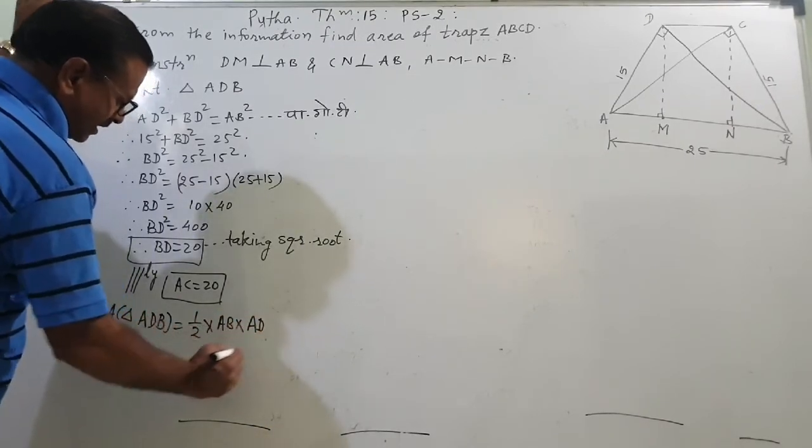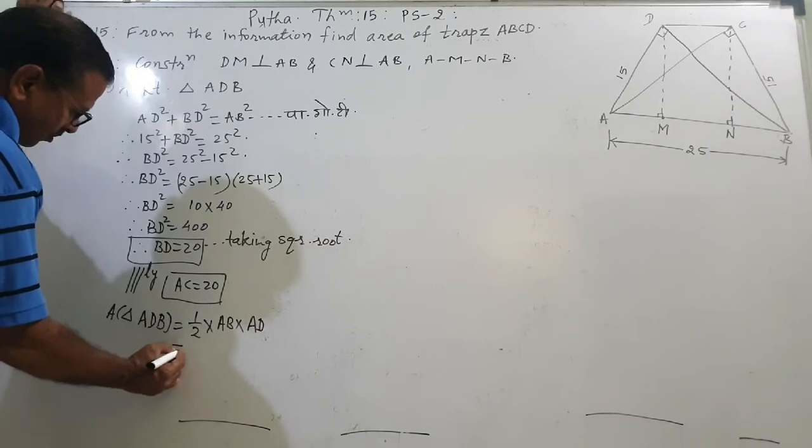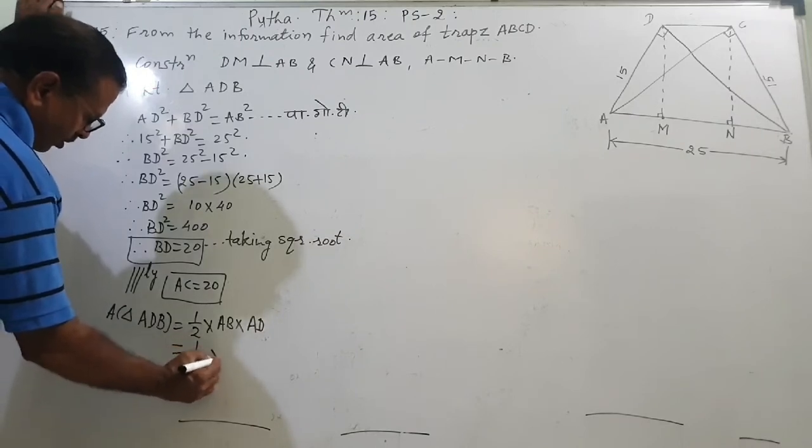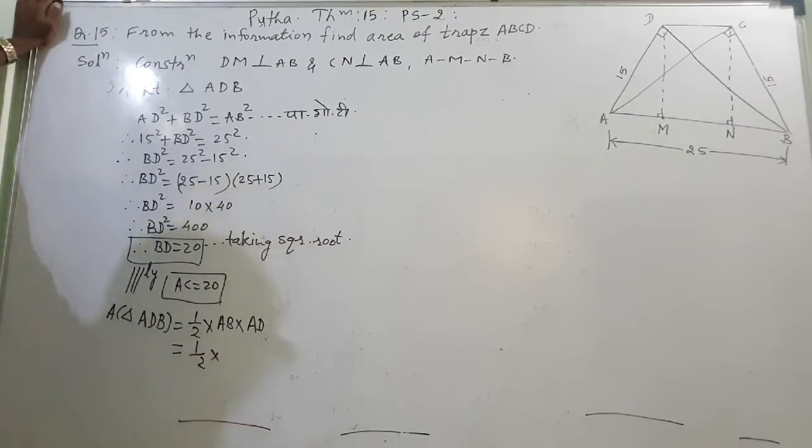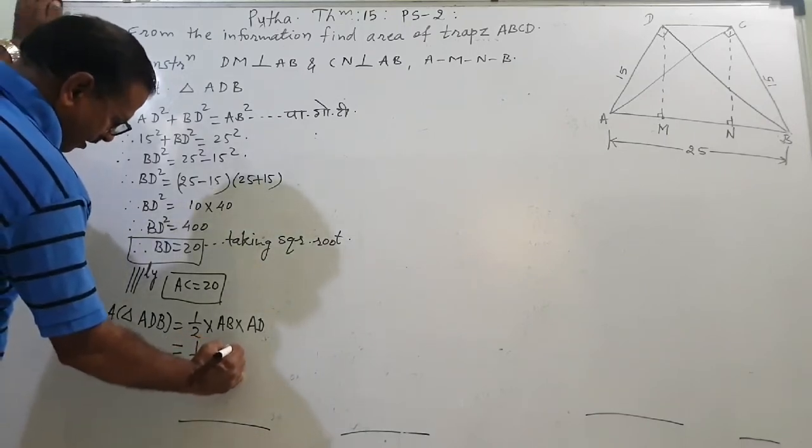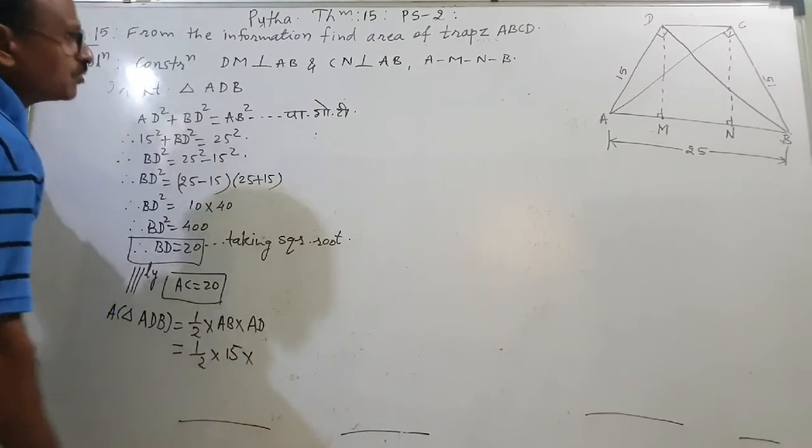Anyone you can take as the height. That is equal to 1 upon 2 into AB is how much? AB is 15 into